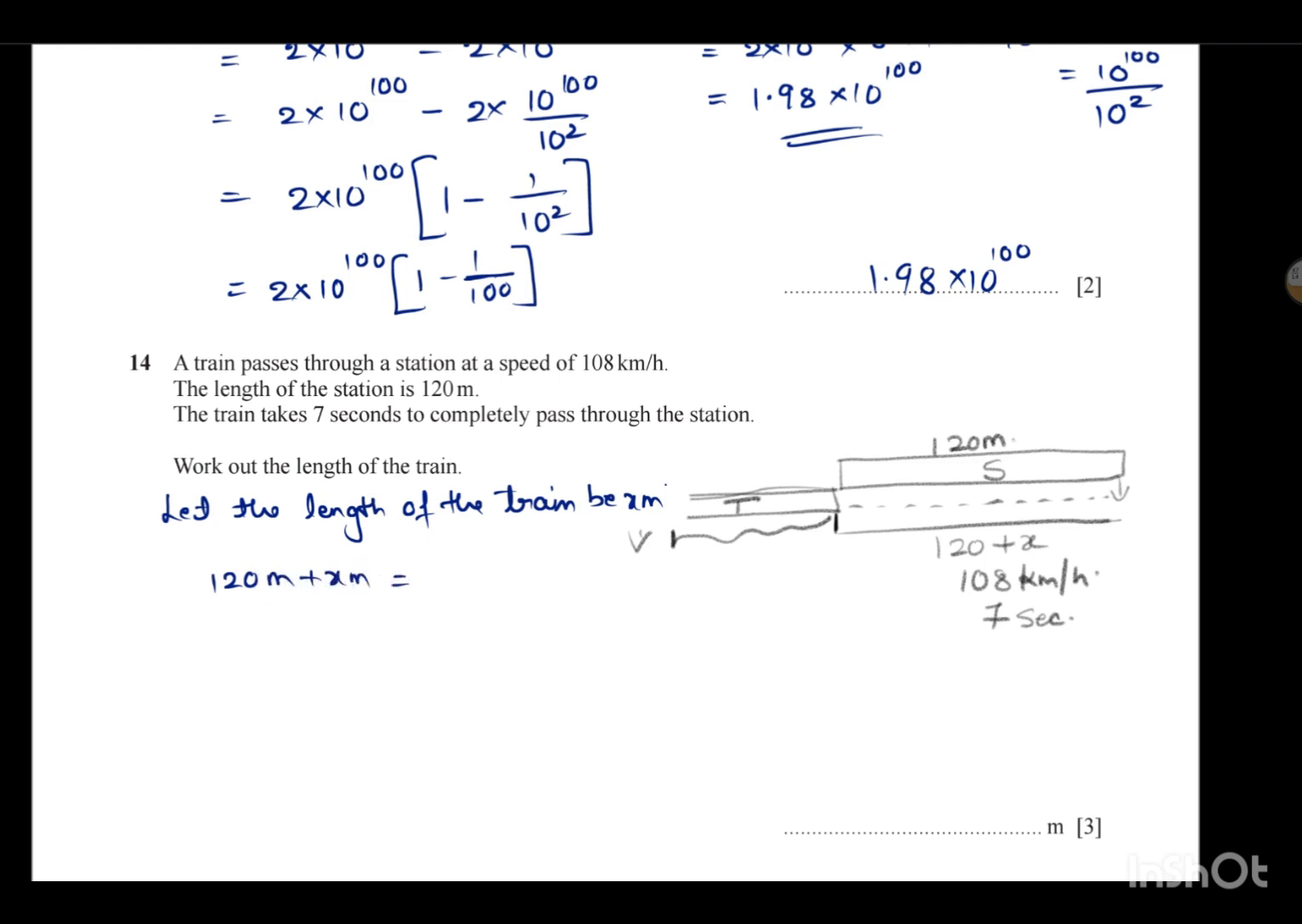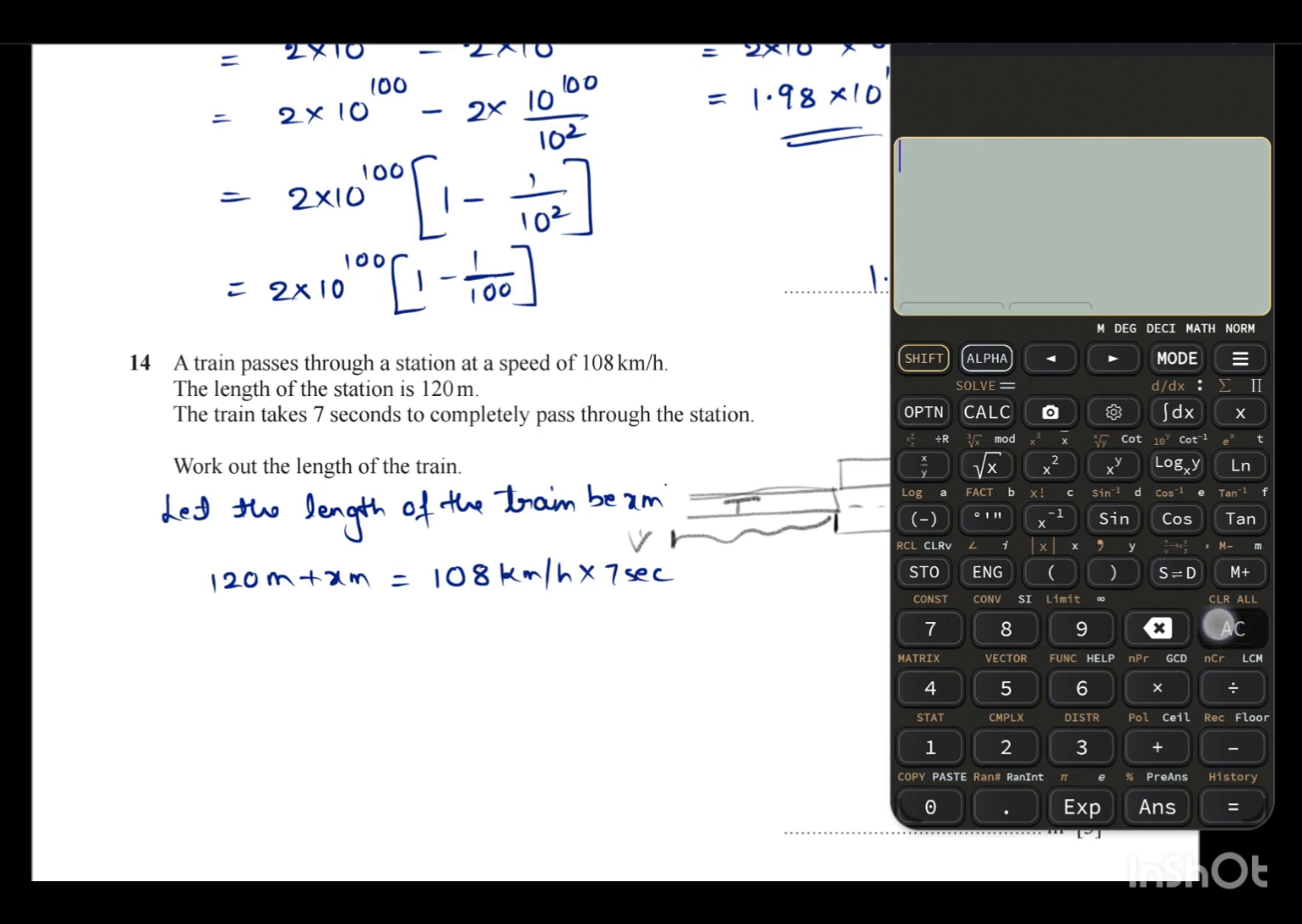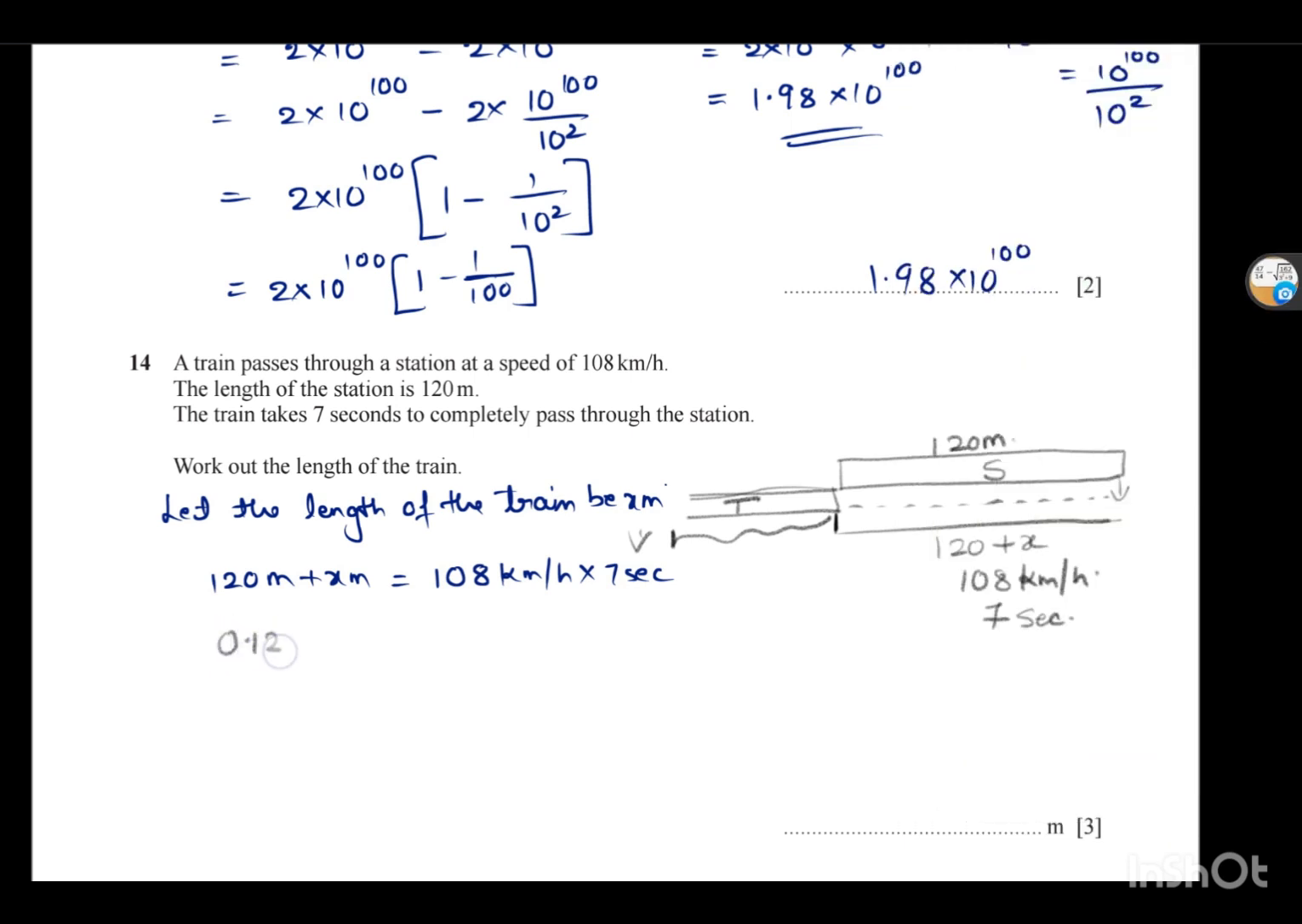And distance, if you take in terms of speed and time, will be speed into time. Now here when you see the units, they are different. The speed is given in kilometers per hour, the time is in seconds, and the distance is in meters. So of course you have to change everything into the same unit, okay. So let us convert now. 120 meters will be how many kilometers? 120 divided by 1000, 0.12. So 0.12 kilometers